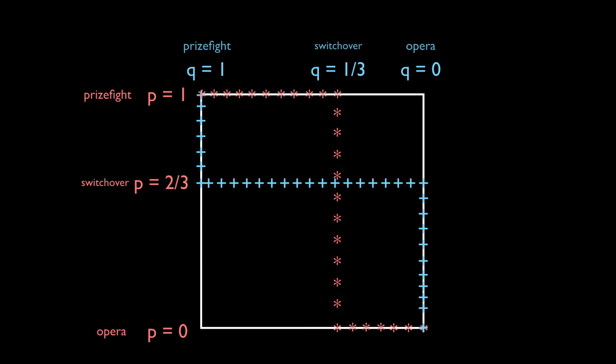Does that make sense? Choosing to be prize fight or opera. Prize fight is on the left. If P is 0.99, which is better, prize fight or opera? Prize fight, right? This is 0.99, this is like 0.02 or something. So P equals 0.99, prize fight is best. What if P is 0, what's best? Opera, right? If P equals 0.01, opera. Person 2 can choose anything among here, but the best one is opera. At what point does person 2 switch over from prize fight to opera? Figure that out. So 2/3.